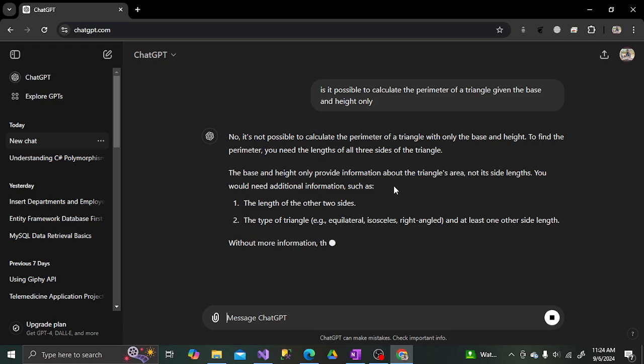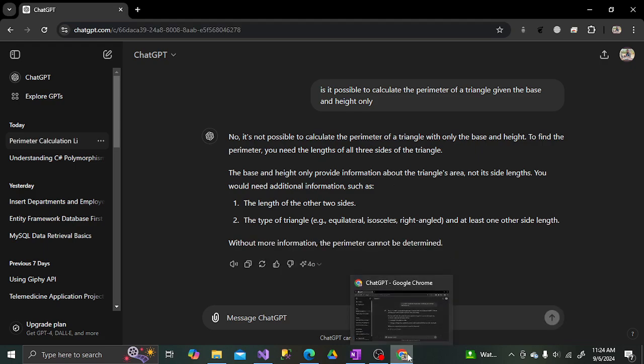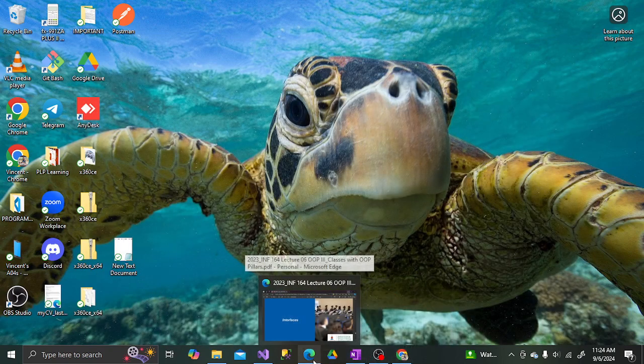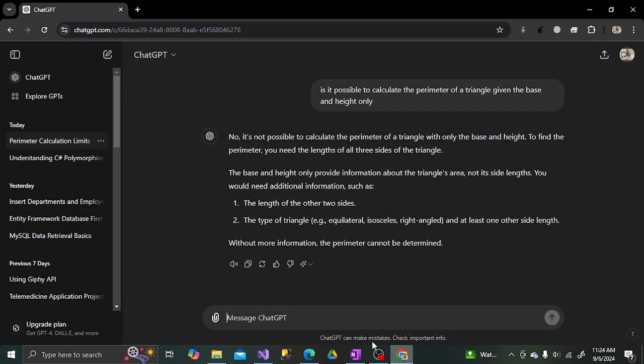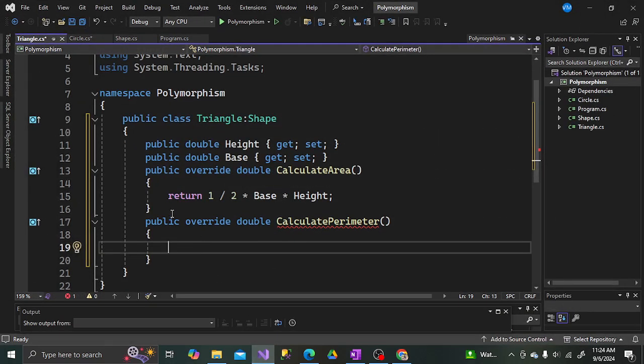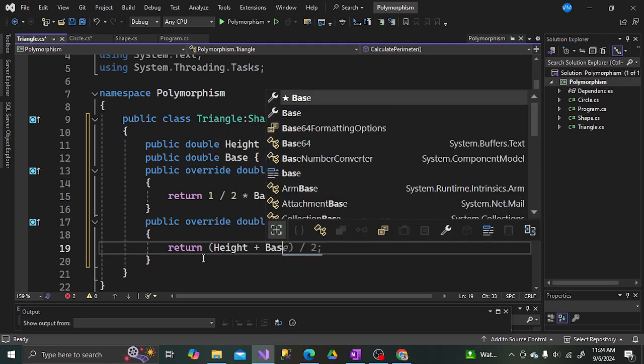So it's not possible. So let's assume that it's a right angled triangle. So we are going to assume that this is a right angled triangle. So we know that with a right angled triangle, the base is the adjacent, then the height is the opposite. So to get the perimeter, we are going to return all of the sides, which is height plus base,